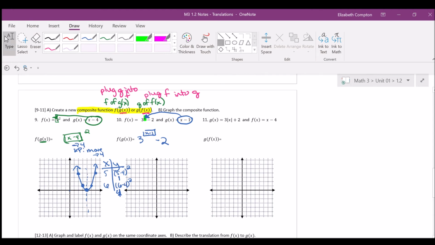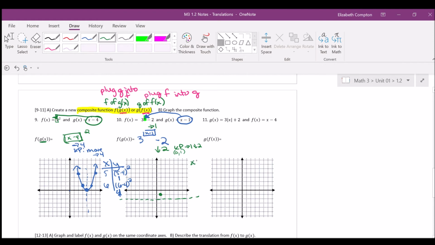All right, so let's talk about our shift. So this is up inside the exponent. This tells me I'm moving right 1. This minus 2 tells me I'm moving down 2. So my key point is going right 1, down 2. Exponential, my key point is 0, 1. So 0, 1 is moving right 1, down 2. Remember the asymptote is 1 below the key point,